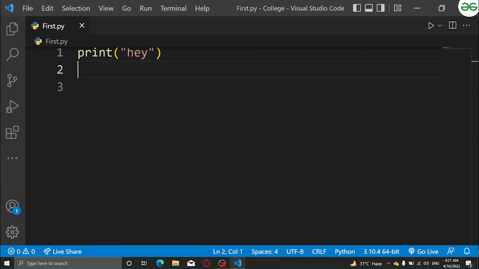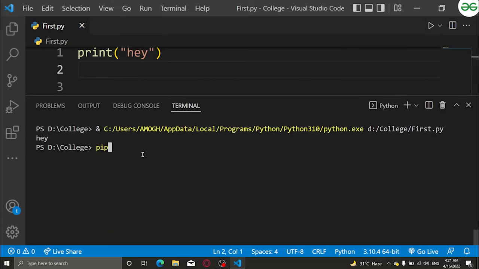If you want to check the version of your Python, you can type python --version, and it will tell you the version. Mine is 3.10.4. This was all about versions and the basics of Python.